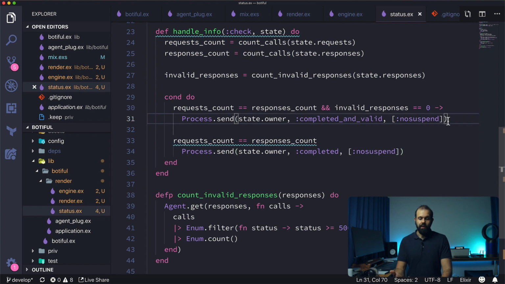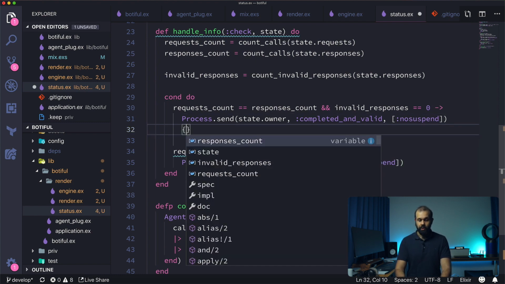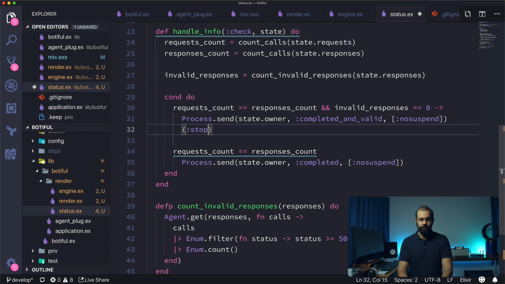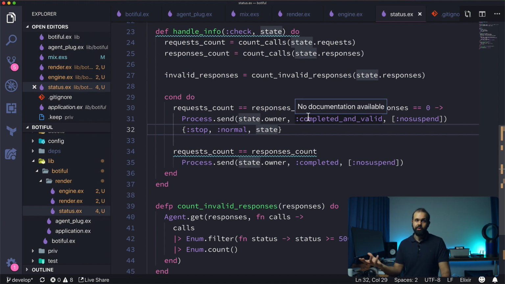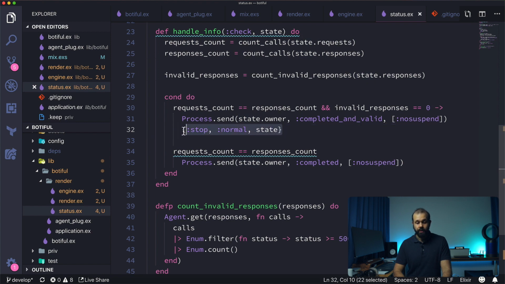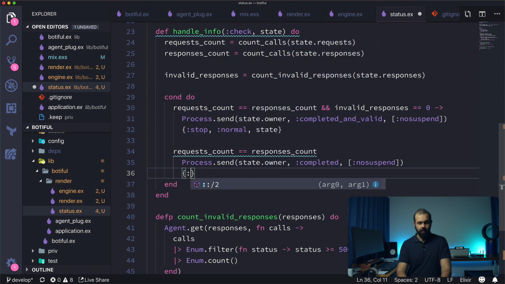Okay, so after we send the message, we want to return something here. Stop normal state. What this is going to do is, if everything is completed, we can shut down the status checker because at that point, everything's done. We don't need to continue to run this process in memory. We don't need it. So we're going to run stop, and if we return this here, that will basically terminate this process, which is clean, right? We want to clean that up. And then here we're going to do stop normal